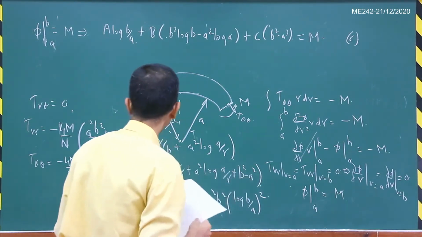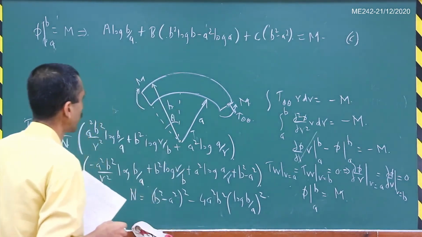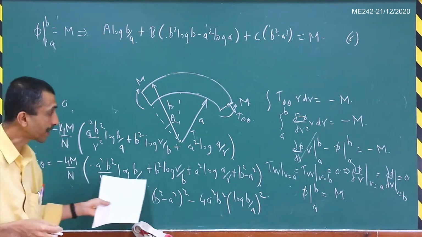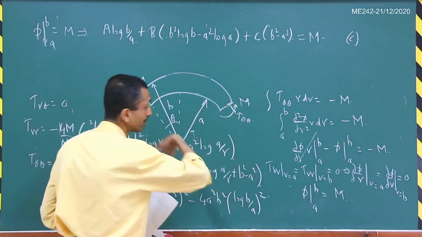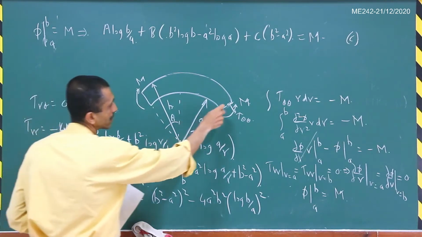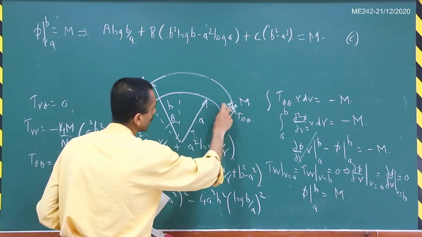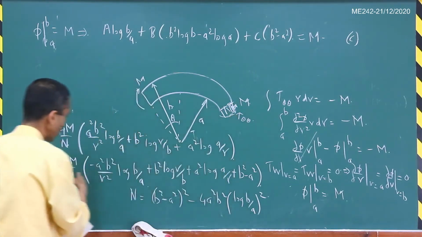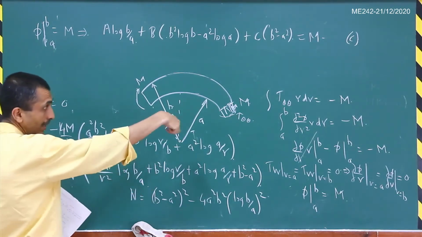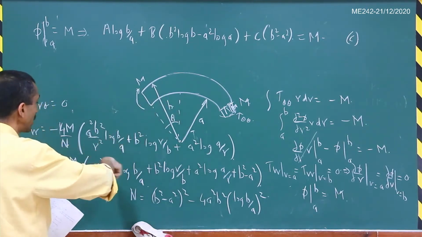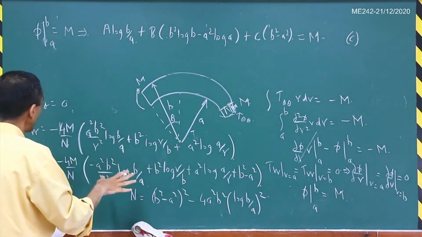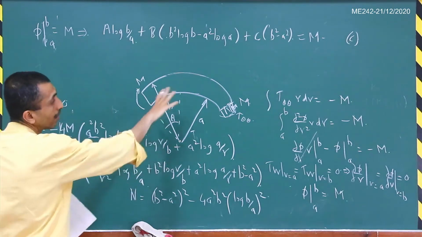So you can see that we have to apply the distribution of this tau theta theta in this particular way at these ends for this solution to be an exact solution. Only when you apply this tau theta theta, since this is the tau theta theta distribution that is being applied here, right? And so that has to be according to whatever comes out of this solution. That will generate that bending moment m, and only when you apply the tractions according to this distribution will this be an exact solution.